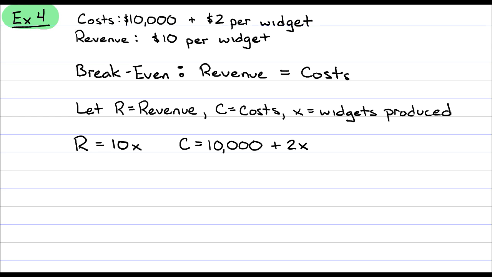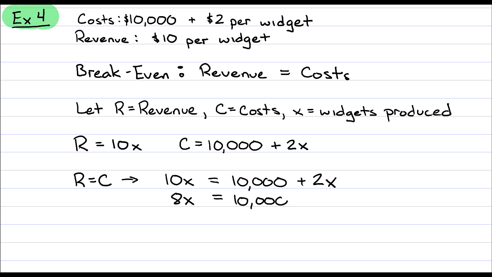So break even occurs when revenue is equal to cost. Setting these two equations, R and C, equal to each other, we have 10 times X is equal to 10,000 plus 2X. Okay, so now that we have this equation, it's going to be relatively simple to solve. I just subtract 2X from both sides, which gives me 8X equals 10,000. And then I divide both sides by 8, and so I get X, or in other words, the number of widgets that need to be produced, is